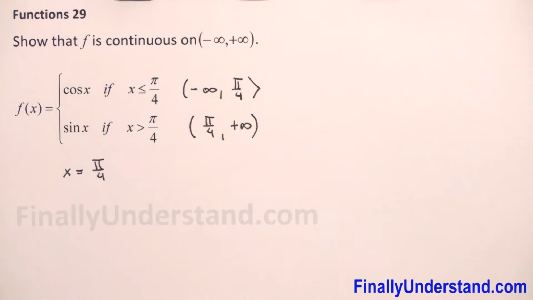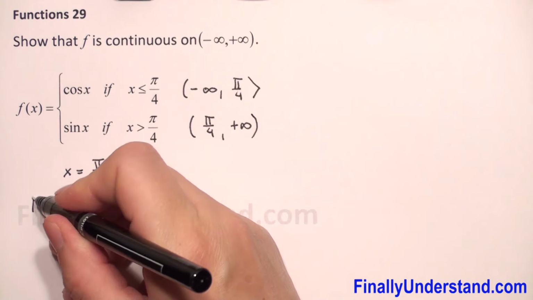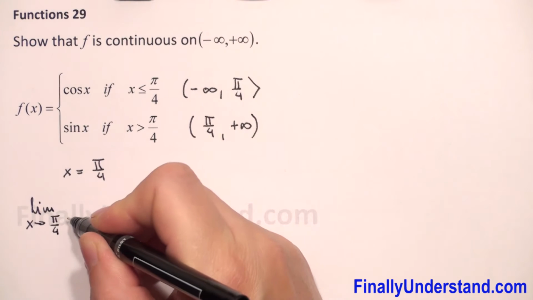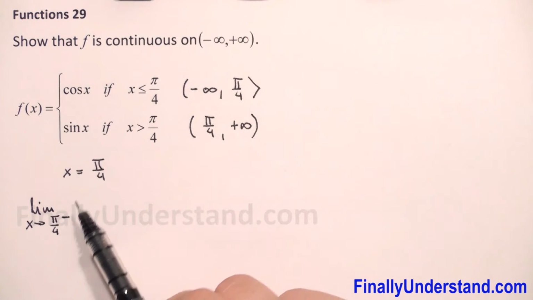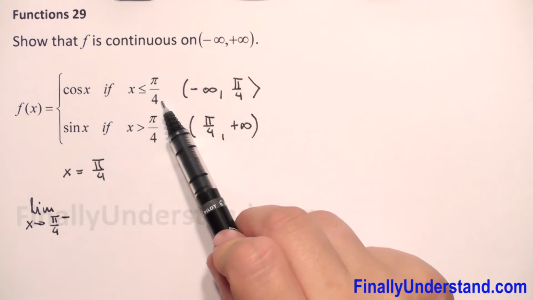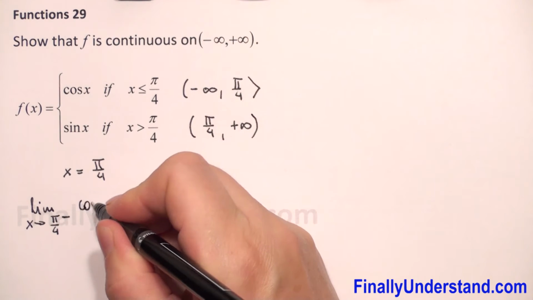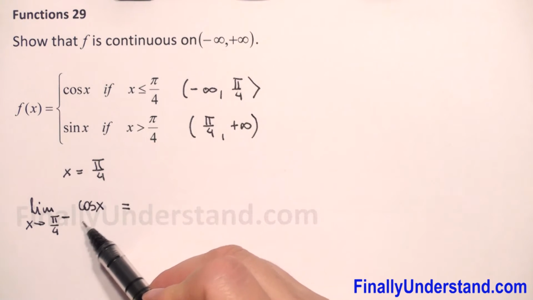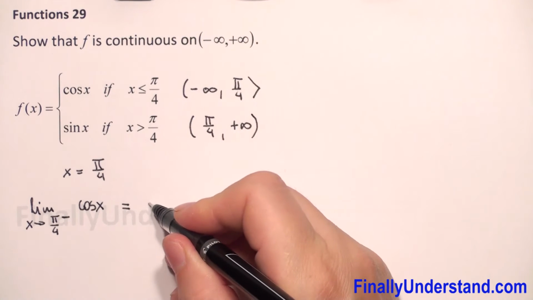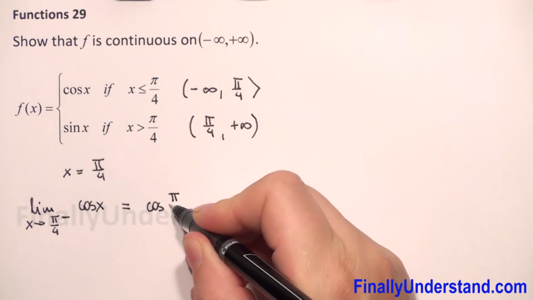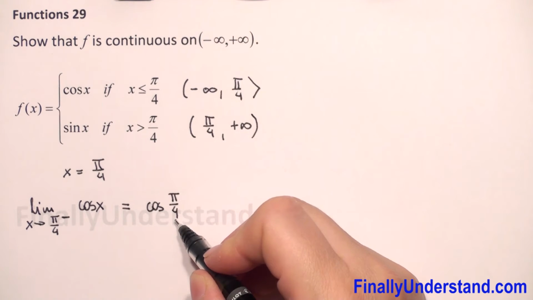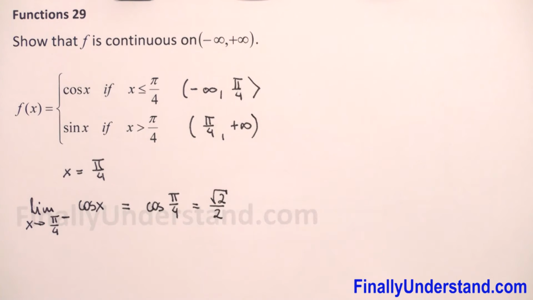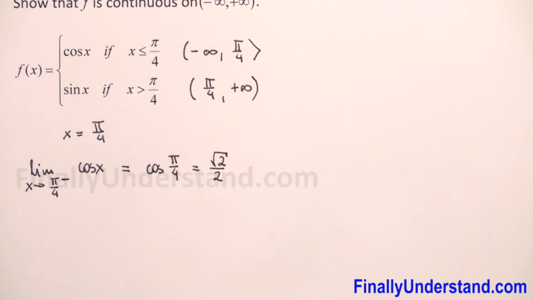Next, we have to check the limit. Let's see first the limit as x approaches pi over 4 from the left side. So from the left, we have to use this part. So we have limit of cosine of x. This is equal. First, we check if we can replace x by pi over 4. So we have cosine pi over 4. We know that cosine pi over 4 is equal to square root of 2 over 2. Now we have to find the limit